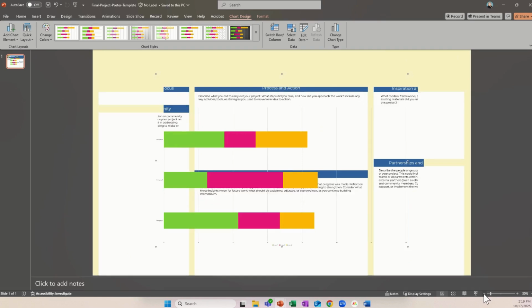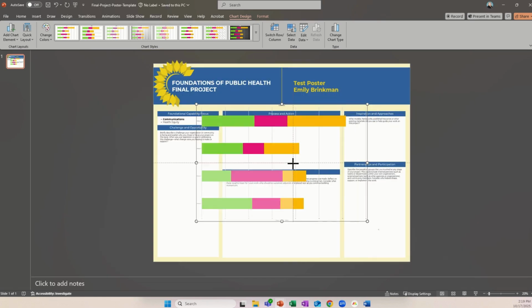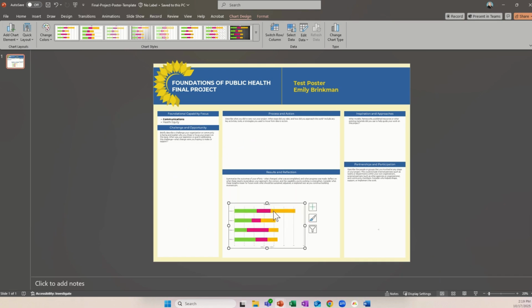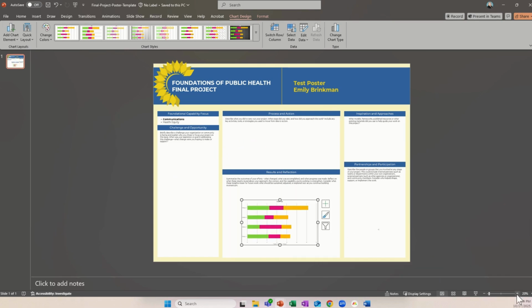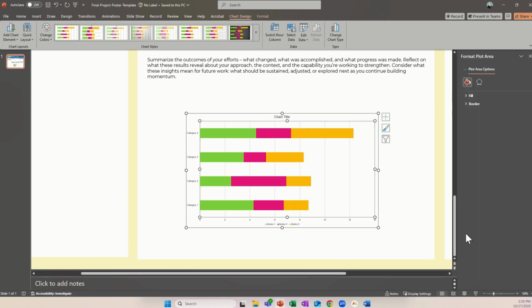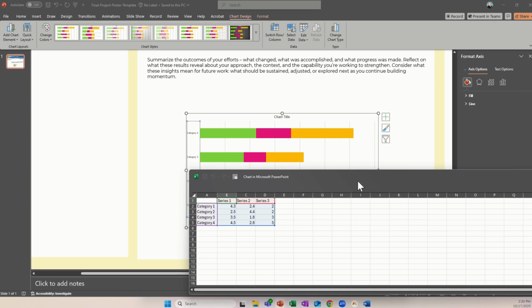Oh, and hold on. We want to make that a lot smaller than it is. And then it can move to wherever I want to have it in my presentation. And then again, if you haven't worked in PowerPoint charts before, they're really easy to use. I can now click in here and make any changes I need to this. Not sure why it's not coming up with my, oh, there we go. Okay, so if you hit edit data, this is just the template information that's in there